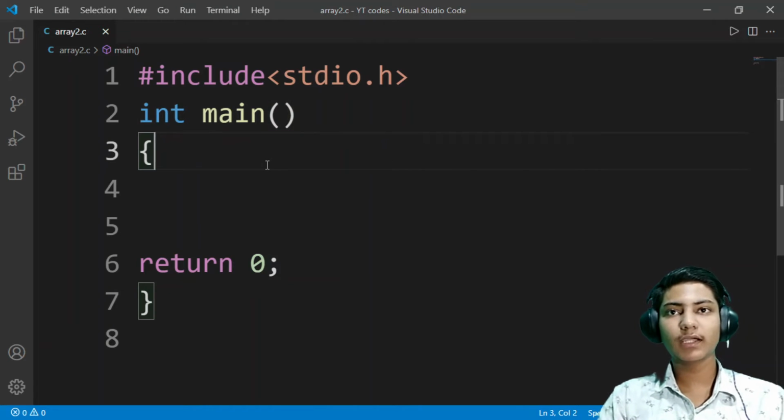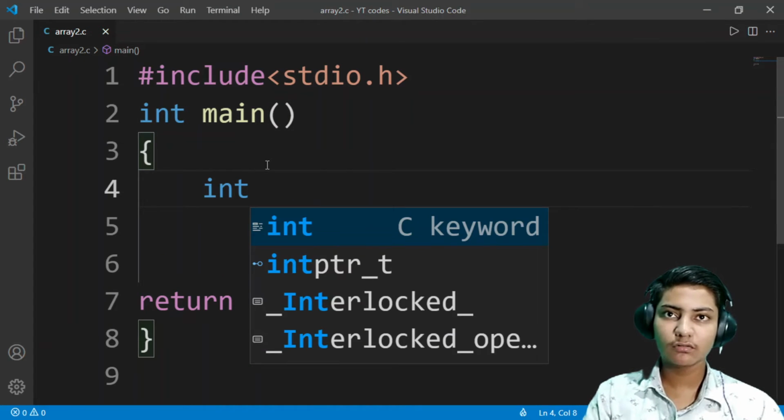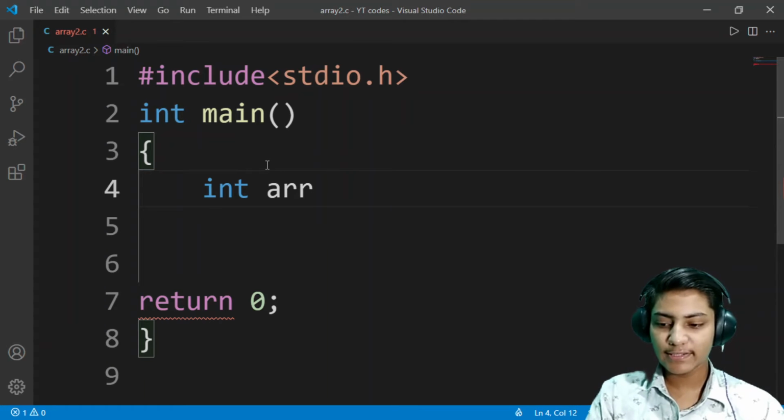So let me make a new array here, int, firstly a single dimensional array, array1.